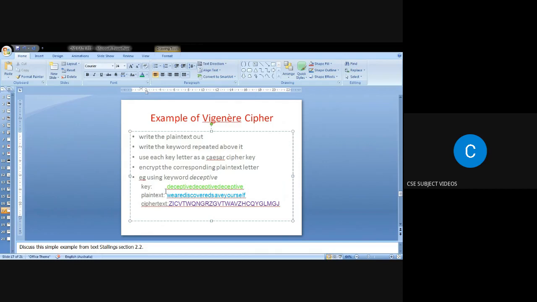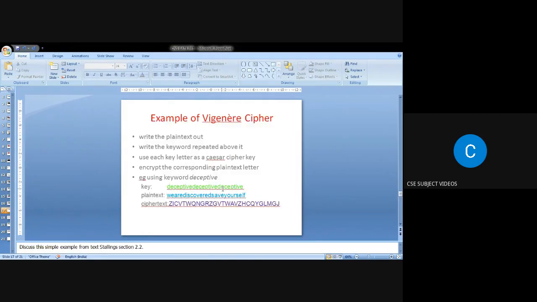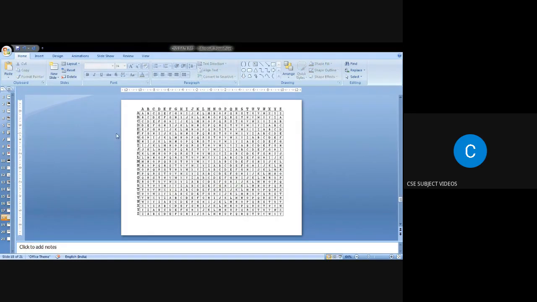Now we take letter by letter and perform the substitution process. We take the letter D in the key and W in the plain text, and it is converted to Z. How is this made possible? The row is assigned to the key, and the column is assigned to the plain text. So in the D row and the W column, what is the letter at the intersection? The value is Z.